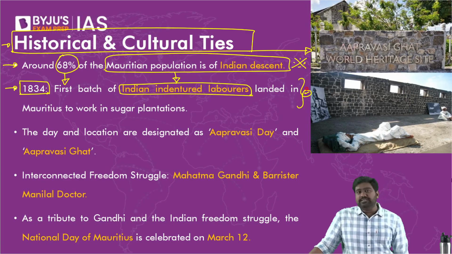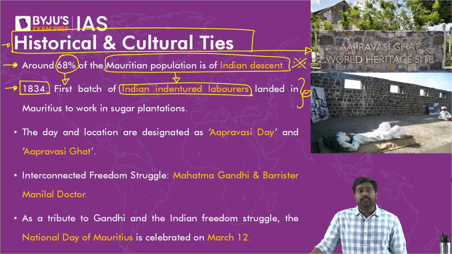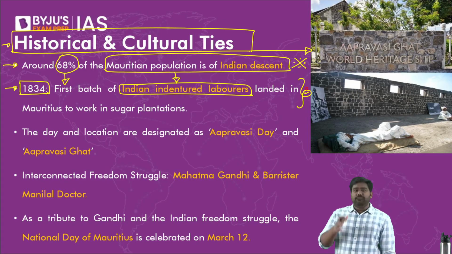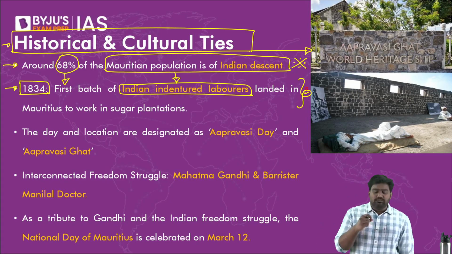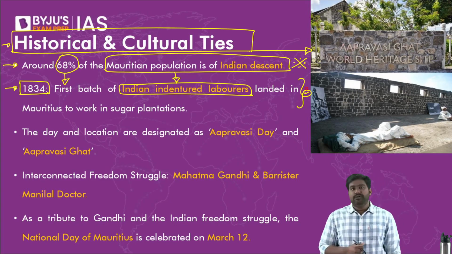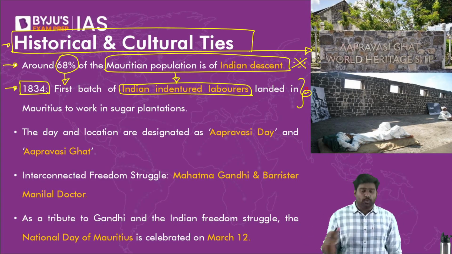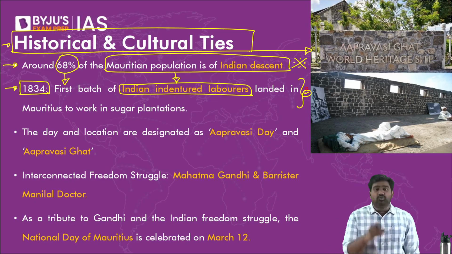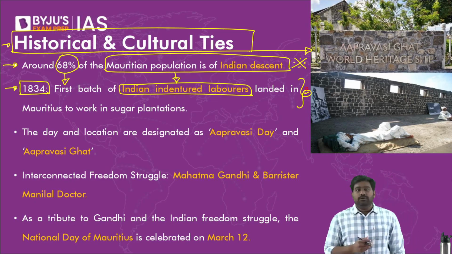That's why if you look at the West Indies today in the Caribbean, look at the West Indies cricket team. You look at Fiji in the South Pacific, away from Australia and New Zealand. You look at Suriname in South America, Mauritius, South Africa, Kenya, even Tanzania. In all these faraway countries, you find a very strong Indian community because most of them were brought here as laborers under the indentured labor system. Apart from the Indian traders and merchants who went on their own, these were laborers who were transported by the British, right?